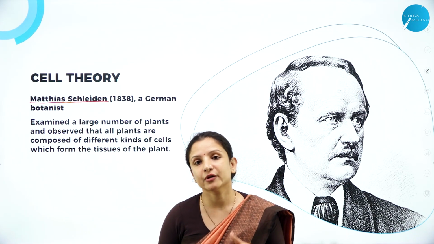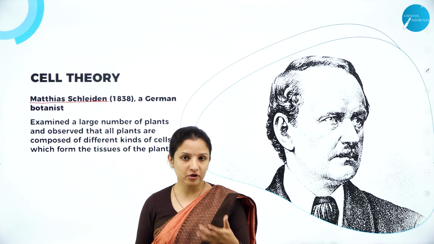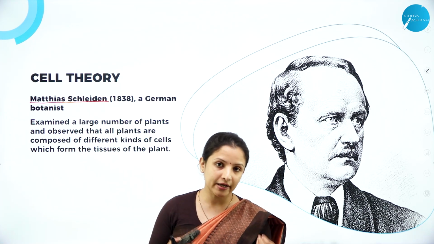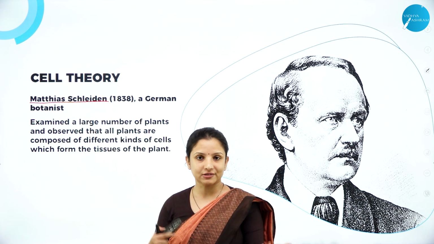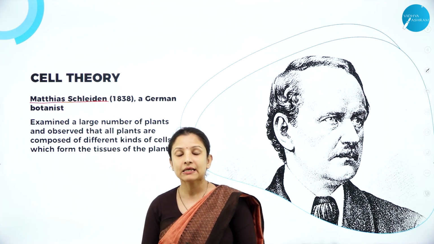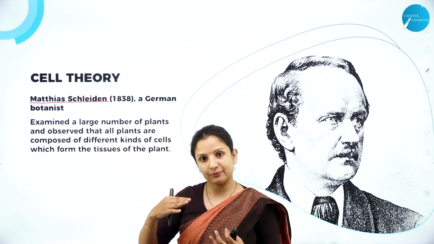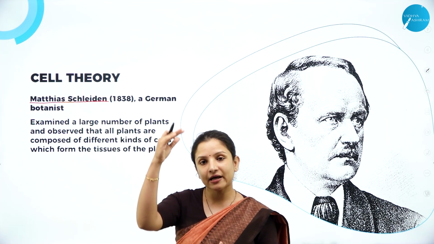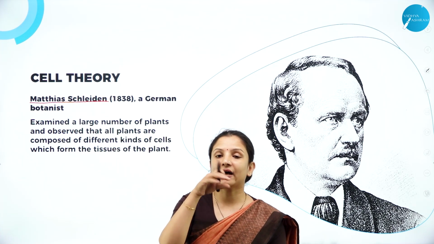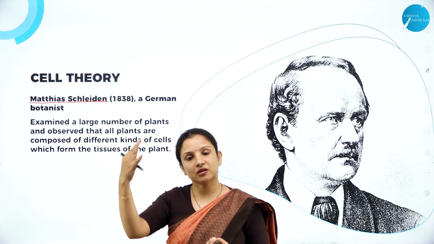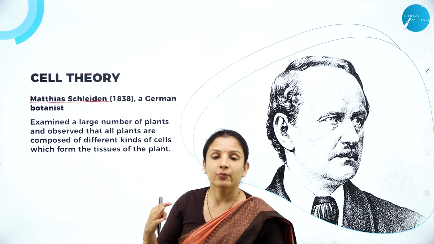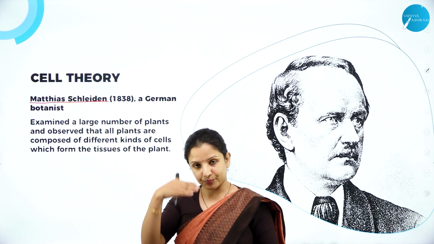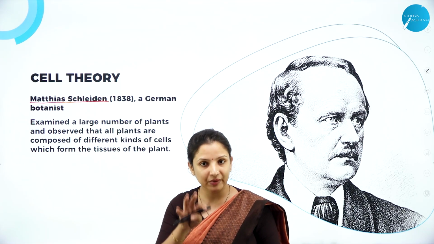That is true, right? Because you would have learnt it in the anatomy of flowering plants chapter, wherein you studied the anatomy of the dicot and monocot root, stem, and leaf. They are composed of different types of cells. For example, in the dicot root, the cortex is made up of parenchymal cells. There is a layer of epidermal cells, then the endodermis, and the pericycle, and Casparian thickenings are found. There is xylem and phloem, and the pith region,